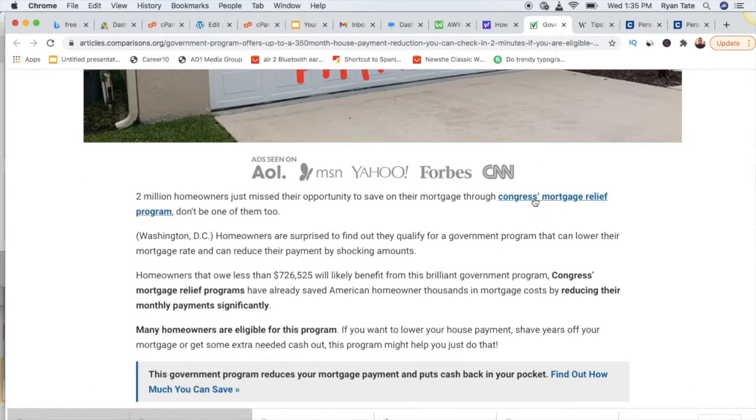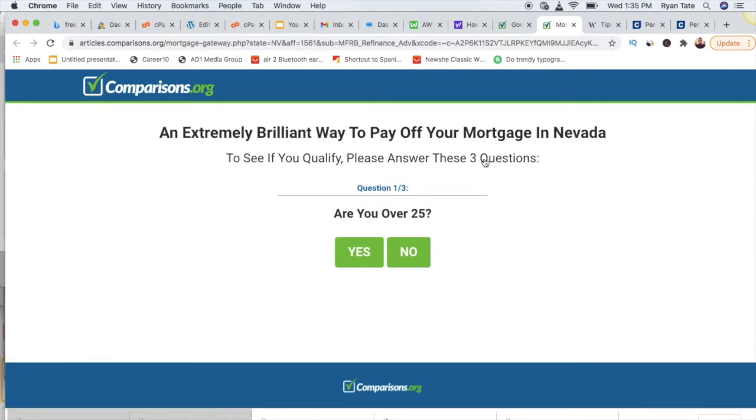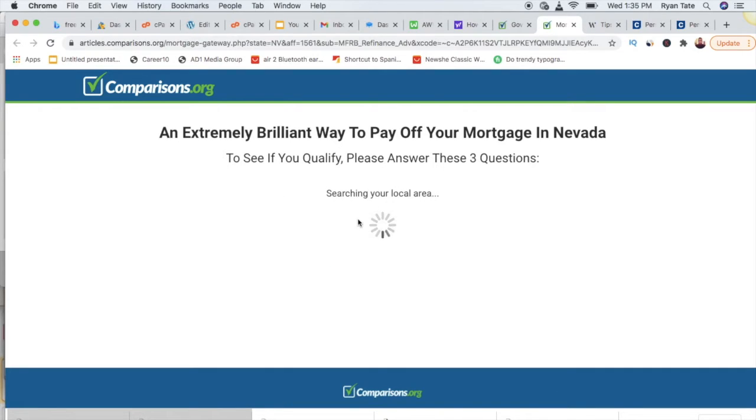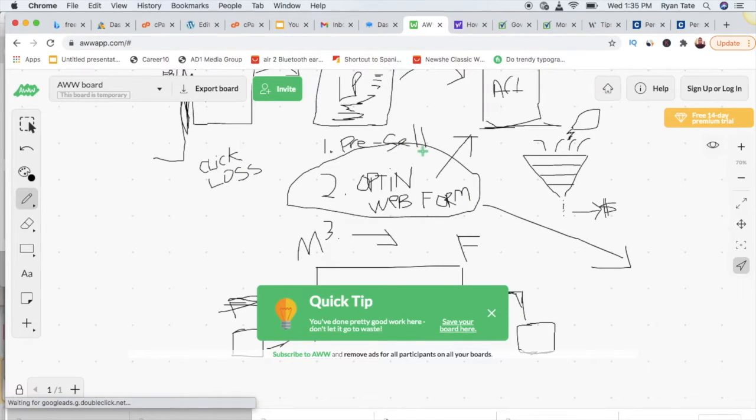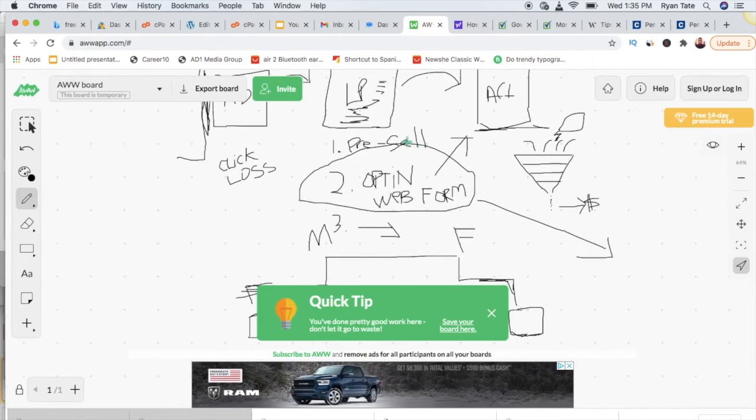And then what they're doing is sending people to a quiz, and you're going to see that a lot here. Quizzes are working really well. They send people to a quiz, they make sure the person fits the criteria, and then they redirect to an offer. So that's one form of how this method can work. They have a pre-sale component, and their pre-sale component is a quiz. So it doesn't always have to be a landing page with an article, but they're pre-selling with a quiz. So that's another way.